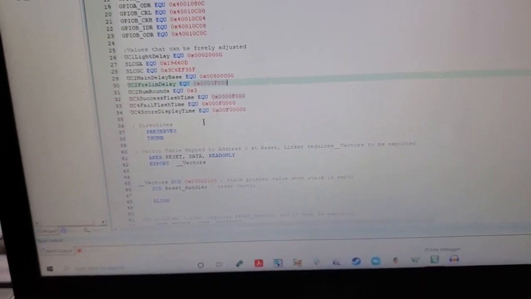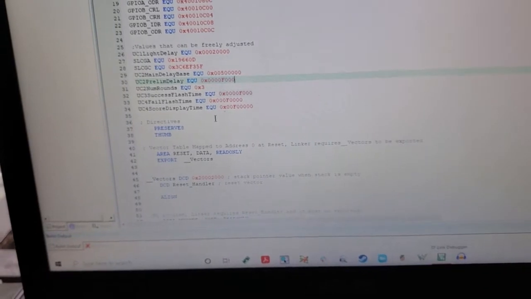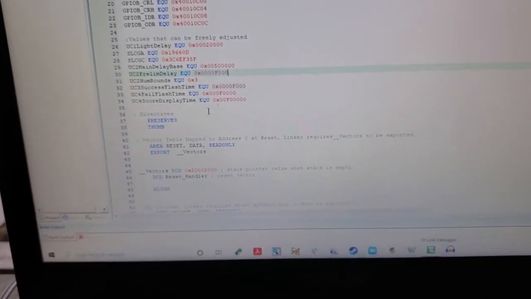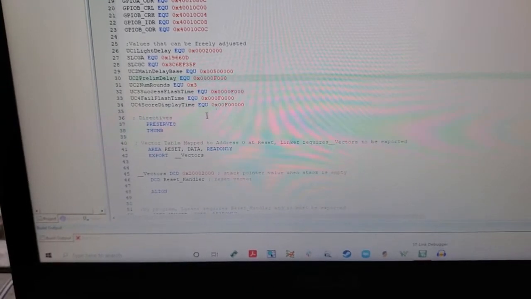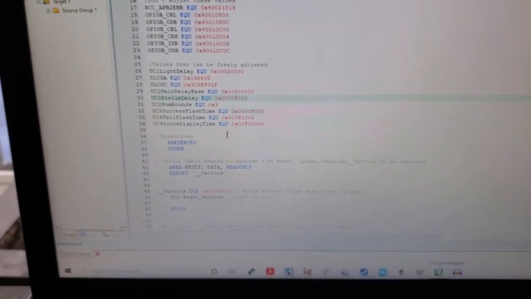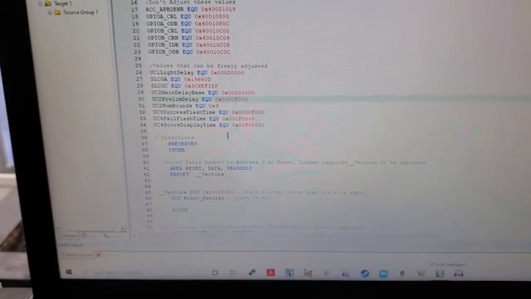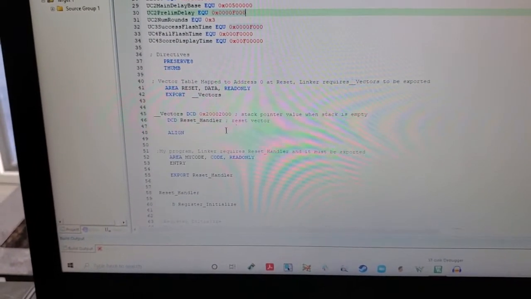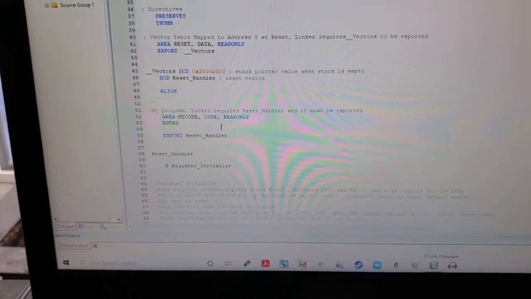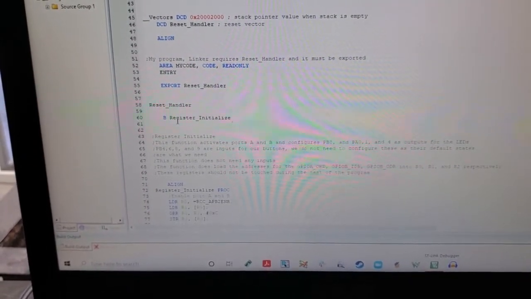After the LEDs alternately flash 5 times, your final score, how many rounds you beat, is displayed for you for about 15 seconds or so, and then it just goes back to wait for a new game to start. Then we have some stuff to set up the assembly file, and then it starts off by